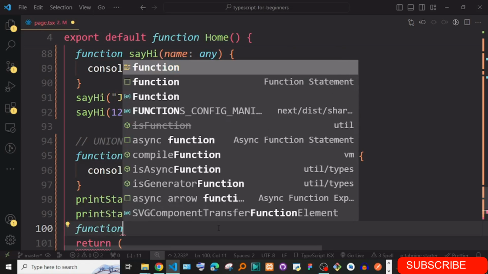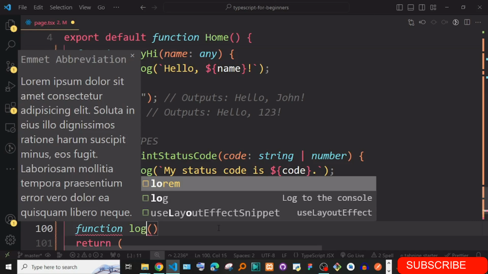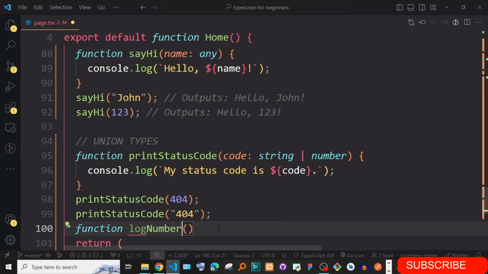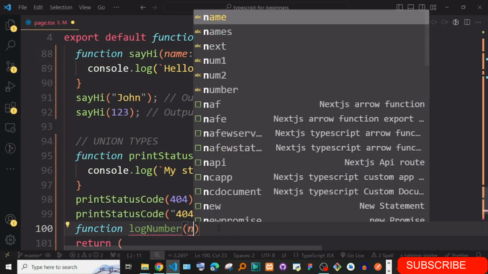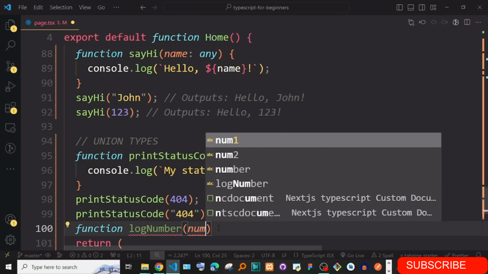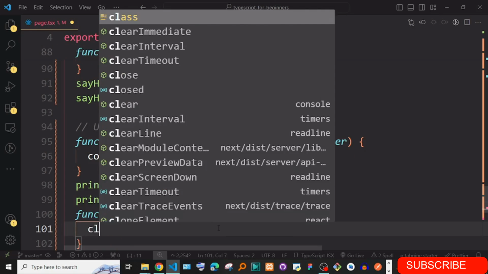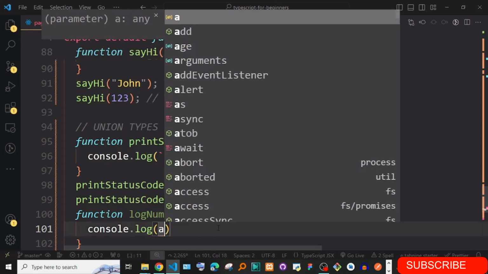And even with optional types, if you just say function, let's give the function a name. Maybe it's logNumber, whatever. Here this can be a number, maybe a, and let's go ahead and say console.log a.